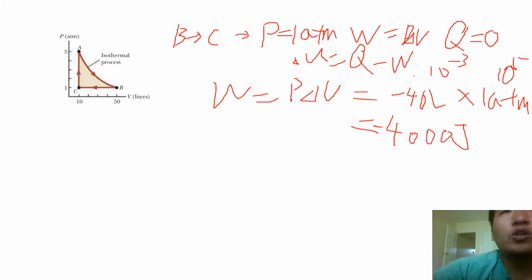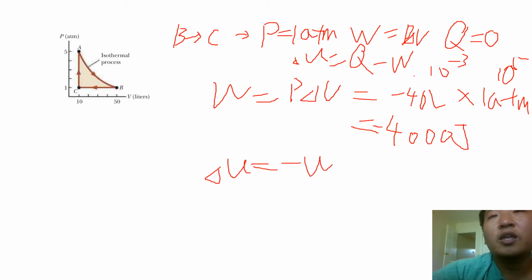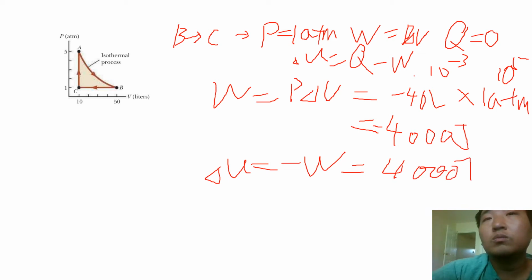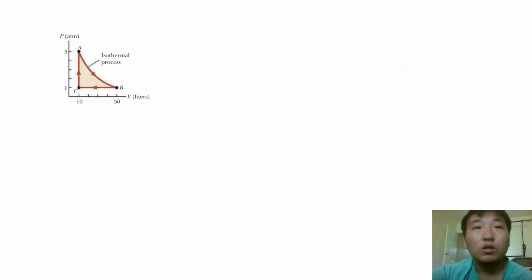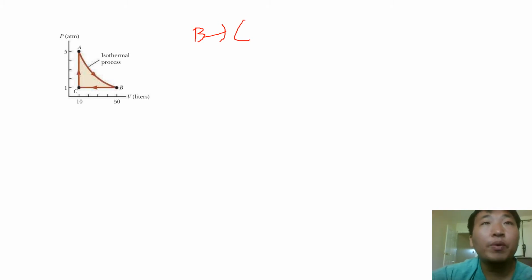And delta U is equal to negative W, so that is 4,000 joule changes in internal energy. Continue with the B to C process. Because it is an isobaric process, we can get the delta S in entropy equal to